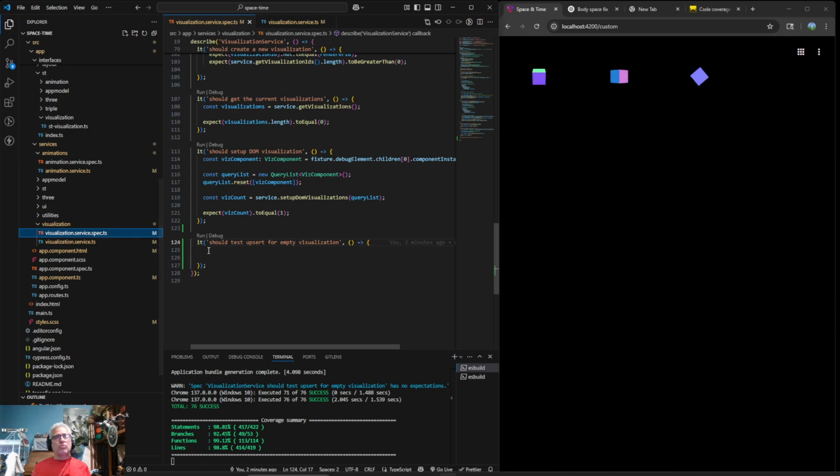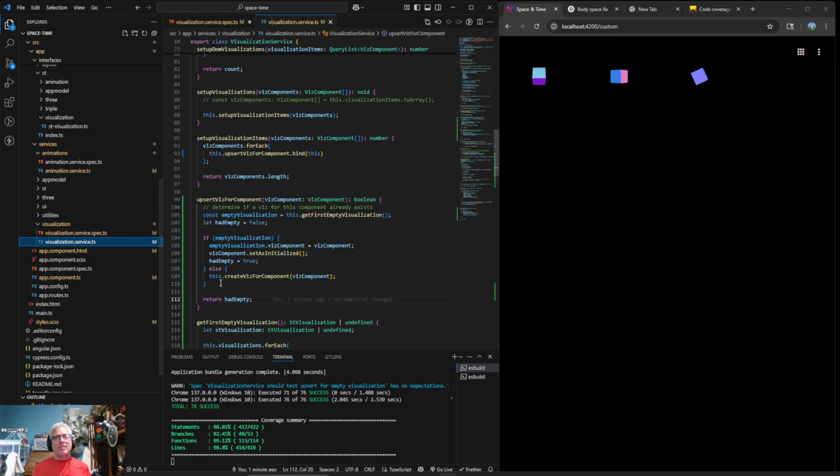I guess we'll just run it. I guess at this point it probably is just going to be easier to ask ChatGPT to write a unit test for this one. Let's see.